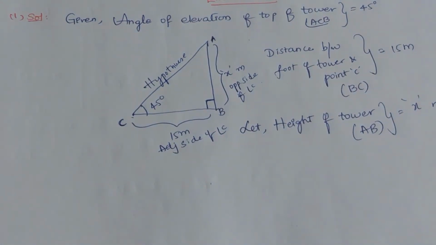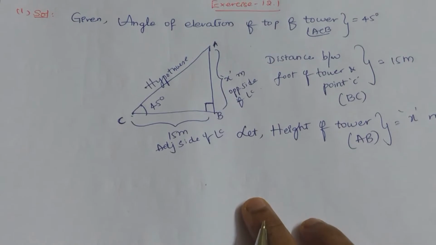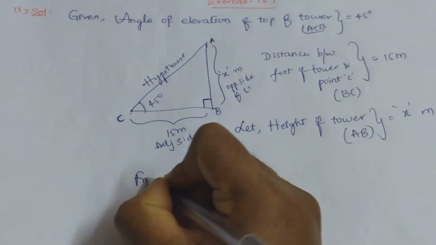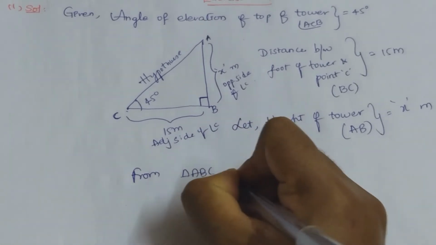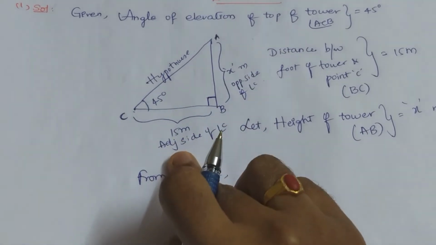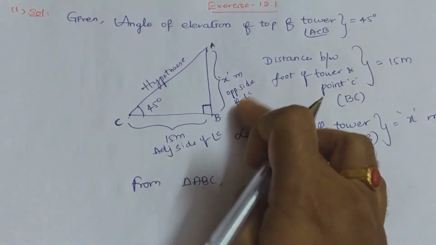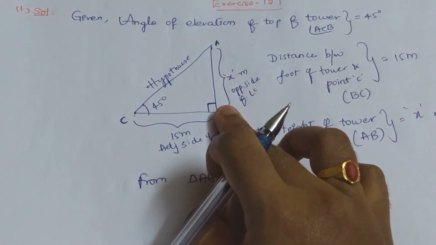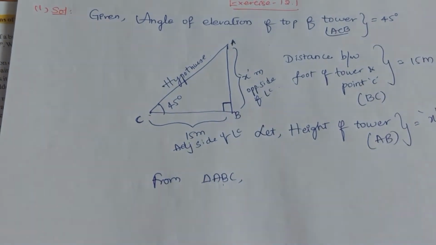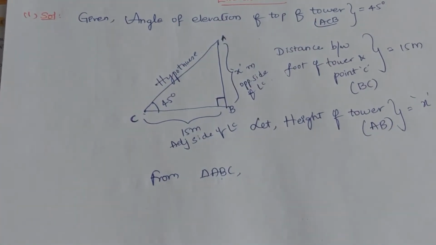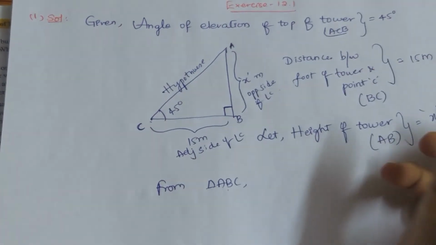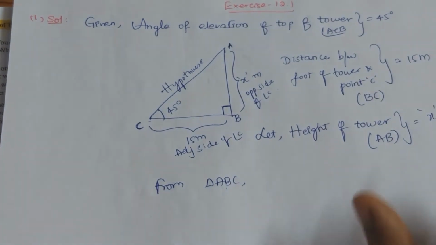Now we have to solve the problem on the basis of trigonometric ratios. So what can we write here? From triangle ABC, we know the angle and we know the adjacent side, so you have to find the opposite side. What is the trigonometric ratio that involves the opposite side, adjacent side and the angle? It is nothing but the tan function. That is the easiest way. You can solve it by finding the hypotenuse and later finding the opposite side, anything is the same, but you should prefer the easiest way while solving the problem.